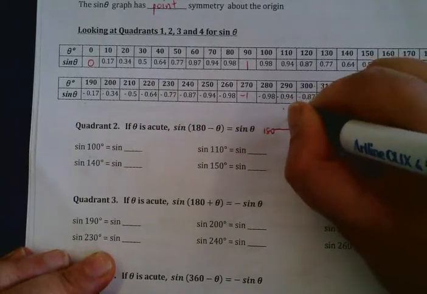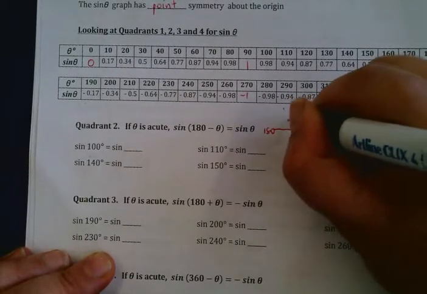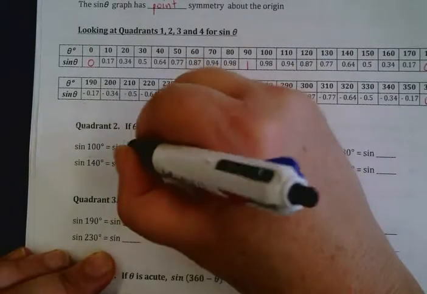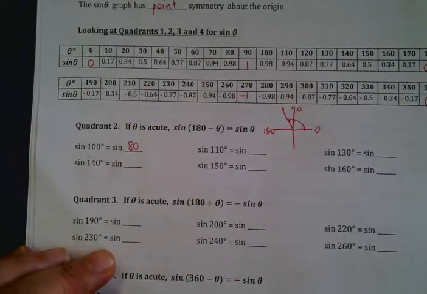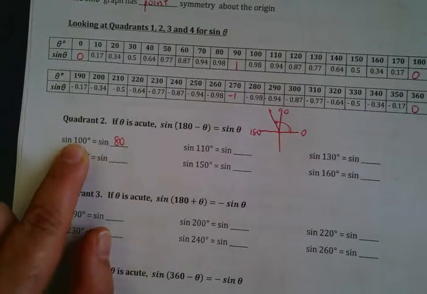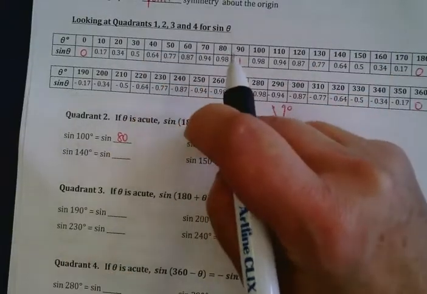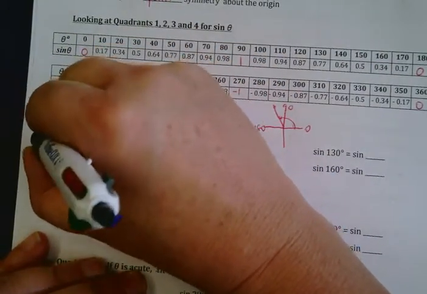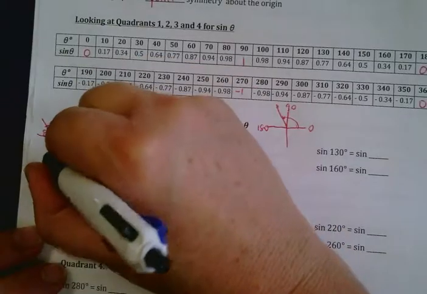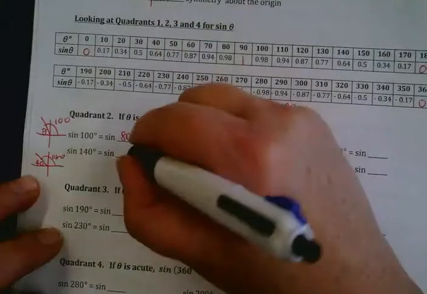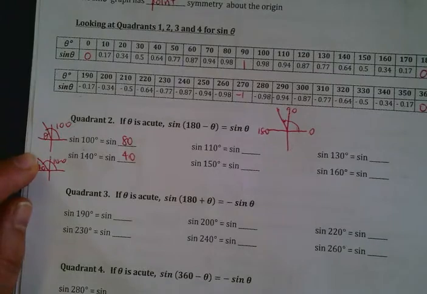I'm not interested in the 100. What am I interested in? 100 would be like that. If that's 100, what's this angle here? 80. So if theta, sine of, you have to think of the 100 as being 180 minus what, okay? Look, you can learn the rule, but I prefer to think of it as 100 is here. What's this angle? 80. Look, 140 is there. What's the leftover little angle? 40. Now, because sine is positive in quadrant 2,